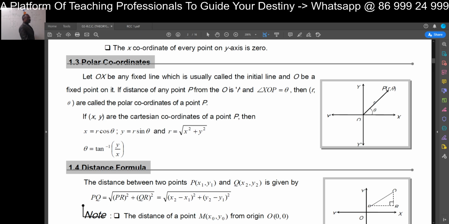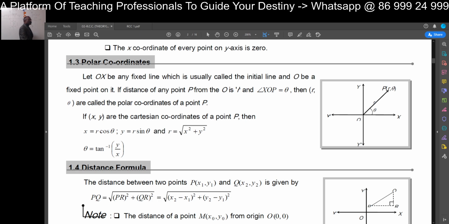So what you have to understand is the distance formula in the polar form. But before that, remember this: the horizontal component is r cos theta, the vertical component is r sin theta, and as you know in trigonometry, cos theta is adjacent side by hypotenuse, and sin theta is opposite side by hypotenuse. From that only it is derived. So theta is equal to tan inverse y by x. Now